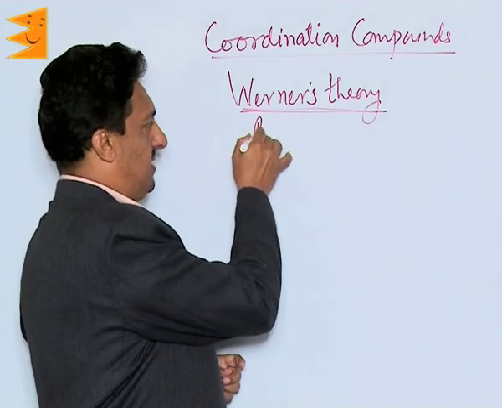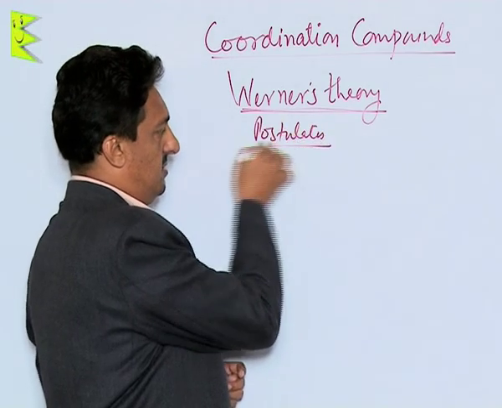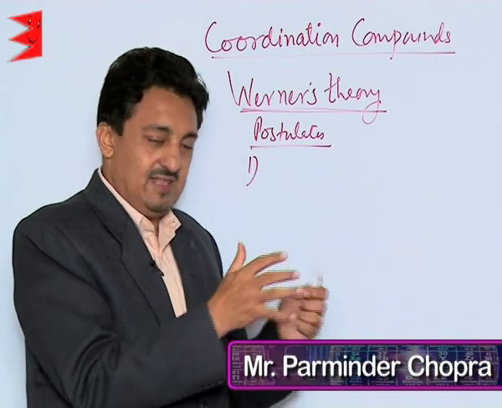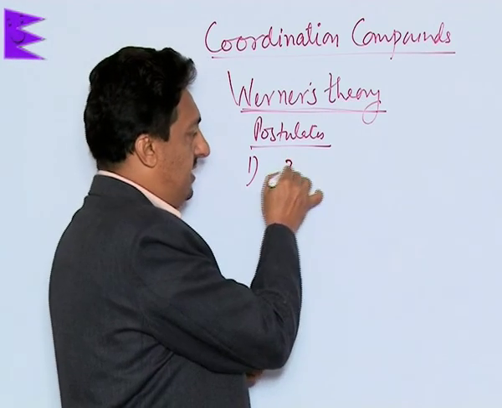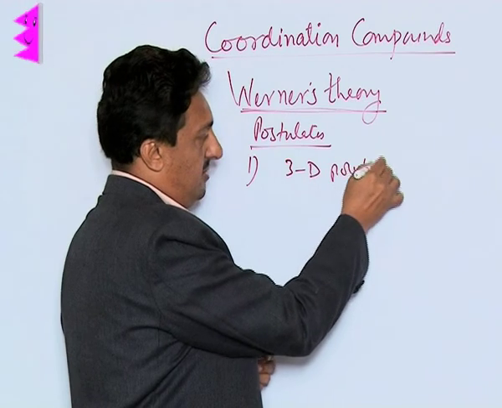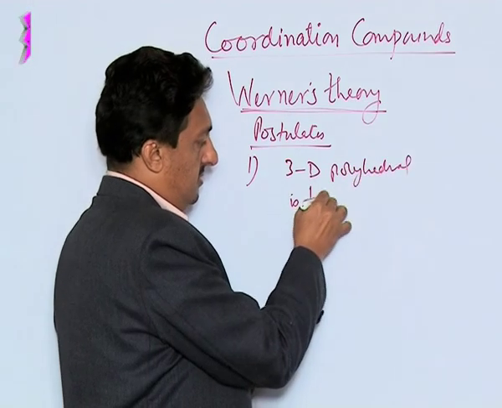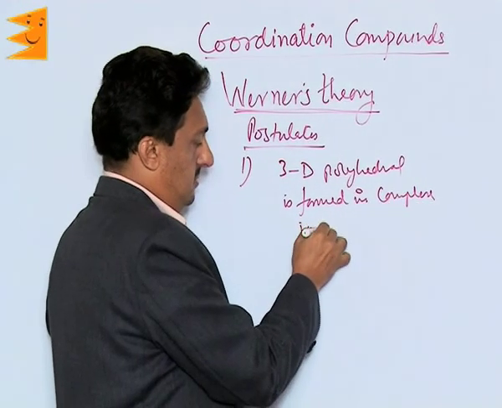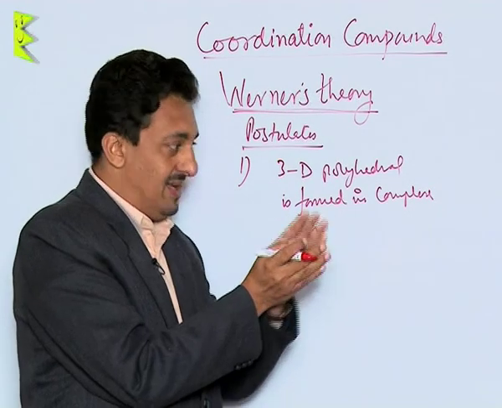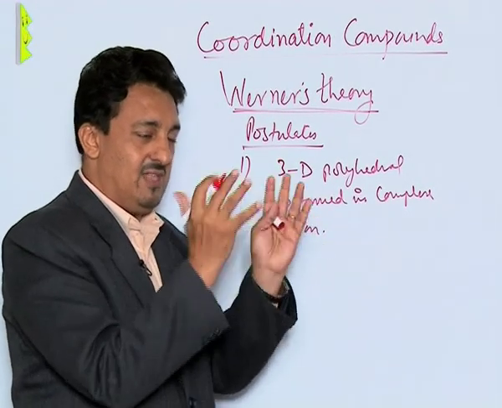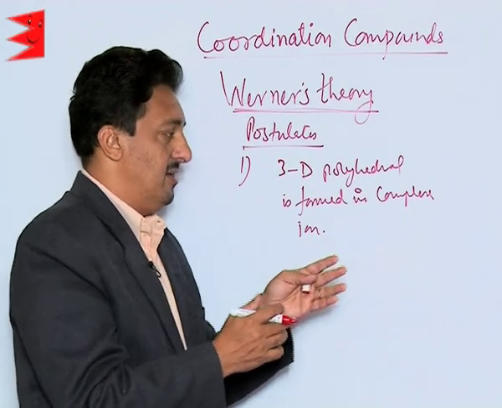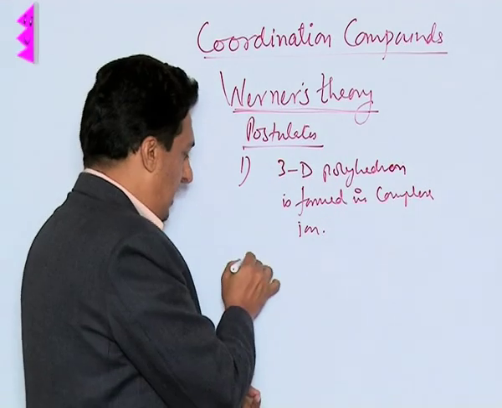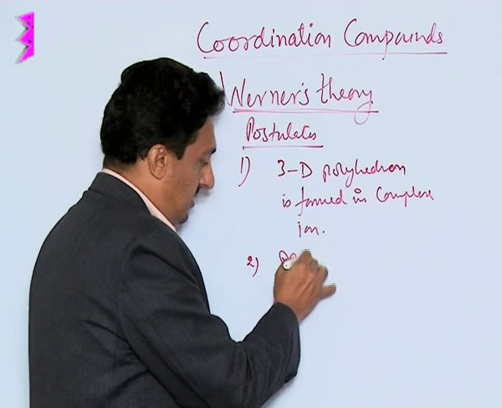Now, according to this, let us study the first postulates of this theory. According to this theory, when these coordinate compounds form, they form a three-dimensional polyhedron in complex ions. So the metal ion and the species surrounding it together form a three-dimensional polyhedron. A polyhedron is formed in the complex ion, and in this three-dimensional polyhedron, the metal ion